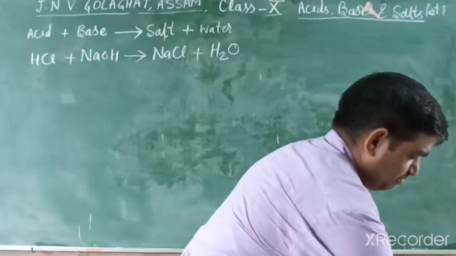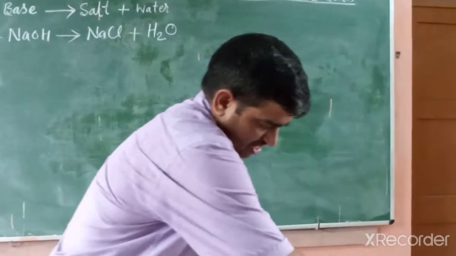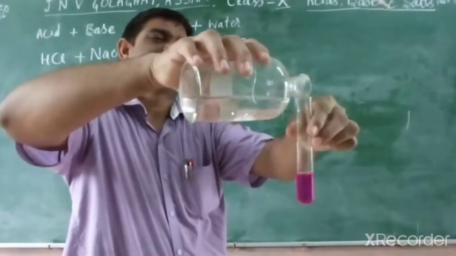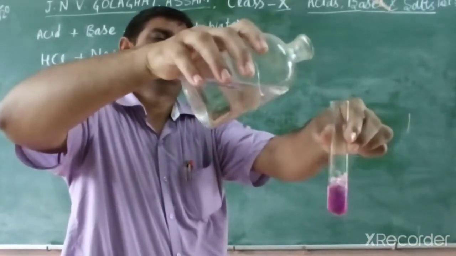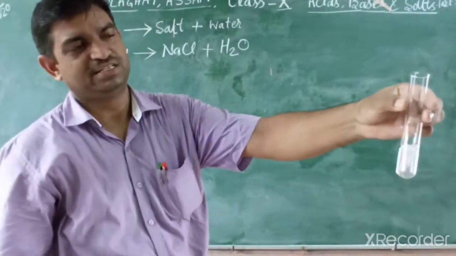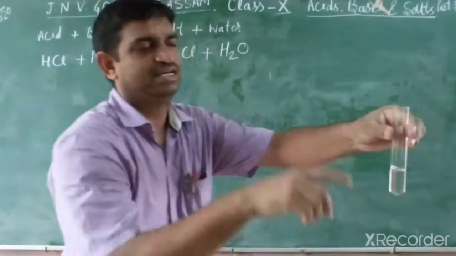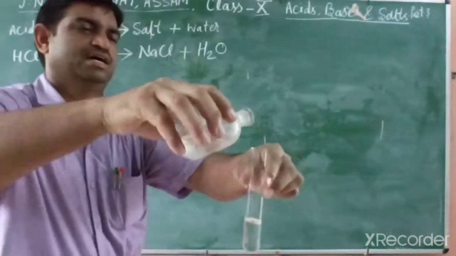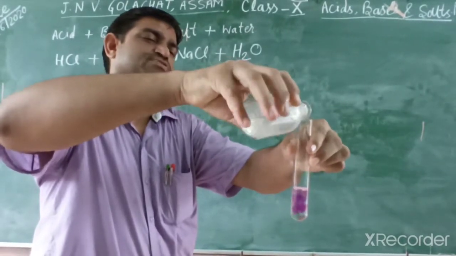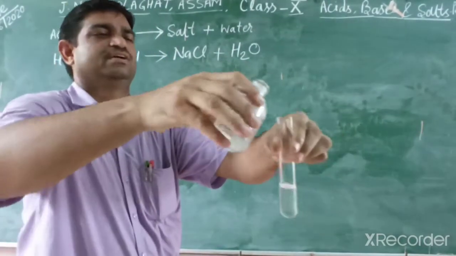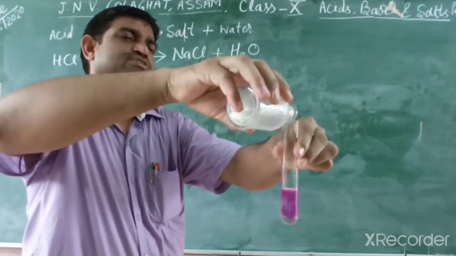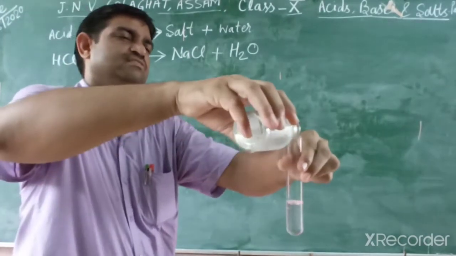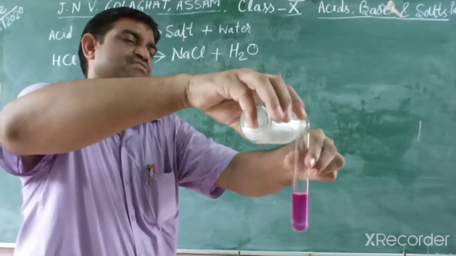But if I again mix in acid, then it changes again into colorless. So this confirms the acid-base reaction. Now this one is more acidic. If you again add sodium hydroxide, it changes into pink color, and again, by this process we can easily identify the acid-base reaction. So this is a neutralization reaction.